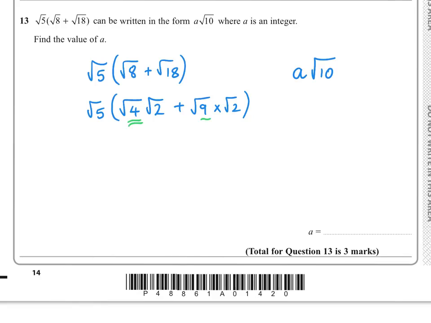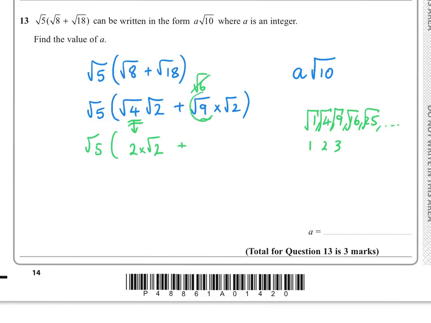But the reason is, if I choose square numbers, so 1, 4, 9, 16, 25 and so on, and I want to square root these, then they're easily deconstructed. So the square root of 1, square root of 4, square root of 9 and so on. Whereas if I put a 6 here, the square root of 6 doesn't really simplify to anything, whereas the square root of 9 does. So we're left with root 5 lots of 2 root 2